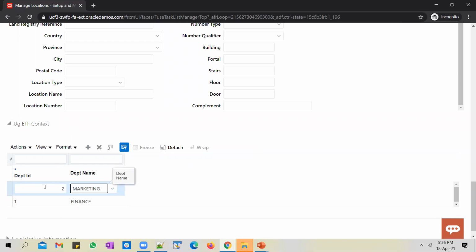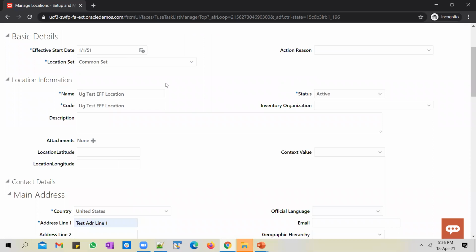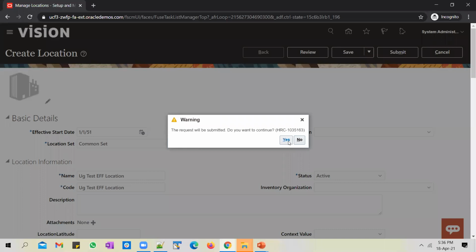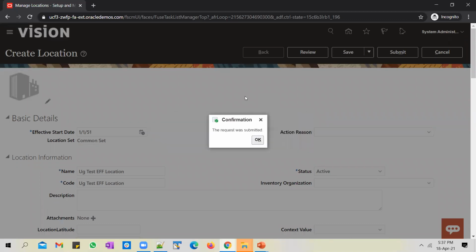So this is the benefit of using EFF. You can enable multi-row behavior so that you could store multiple combinations of additional segments that you are defining on a single record that you're creating, be it location, be it job, or be it something else. And all you have to do is submit this. And what you will notice is that since there will be only one record inserted into the locations table, EFF information gets stored in extra information tables, and you could link those extra information tables with a per location table with the help of a location ID as a primary key. It's common sense.